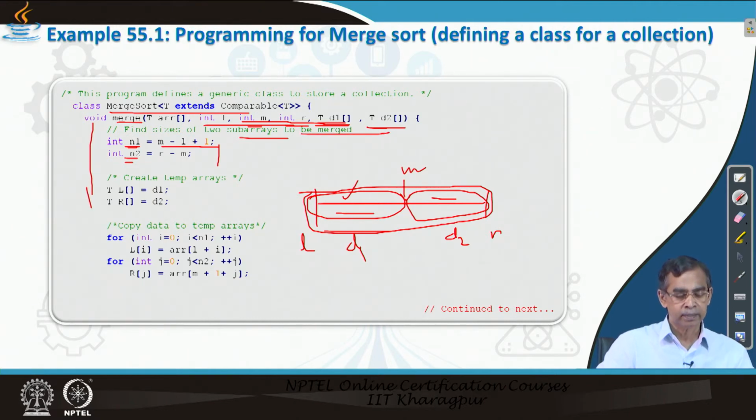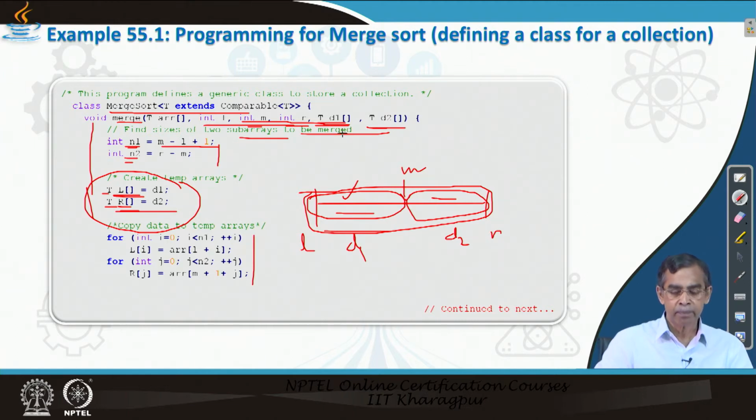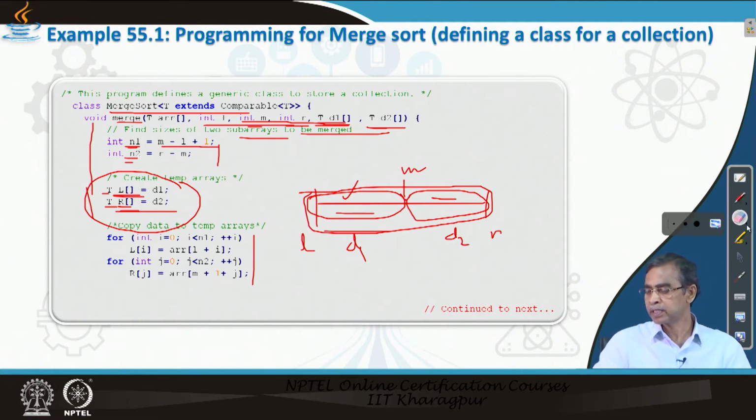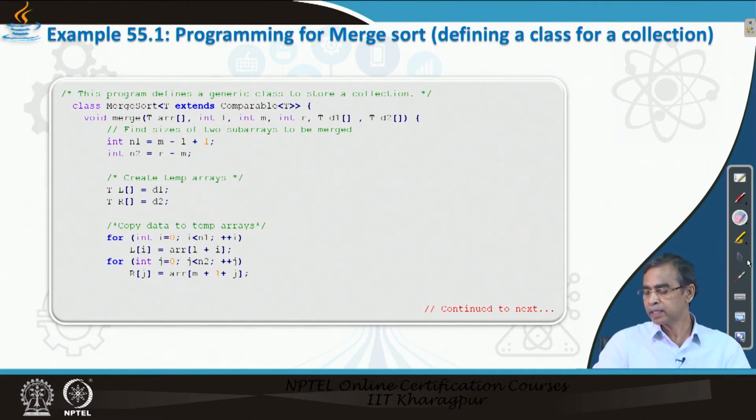Anyway, we can store these in two different arrays, copying them, and that is the practice we usually follow. So we copy them into two lists of the same type T. Here we copy the parts of the list into two sublists. Otherwise you can do it on the same list also, but that logic you have to maintain a little more cleverly,